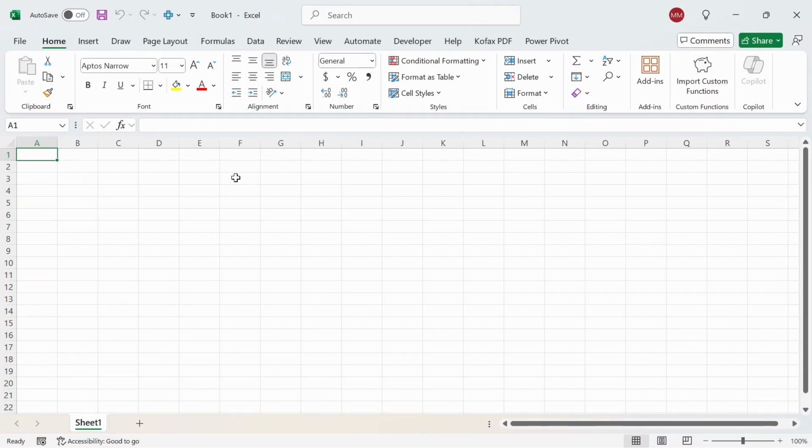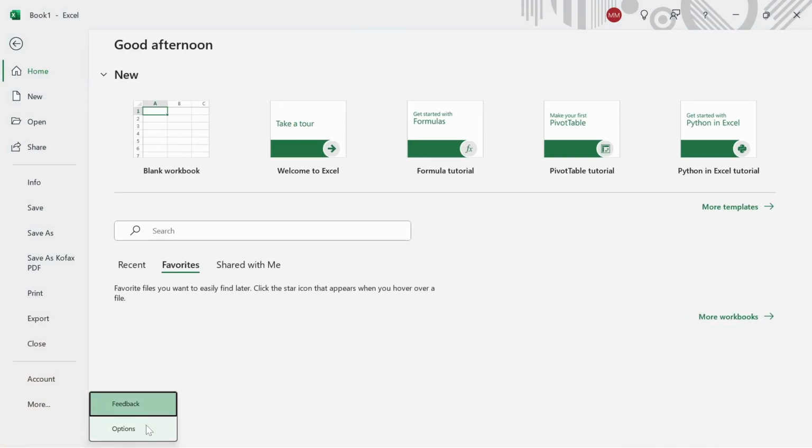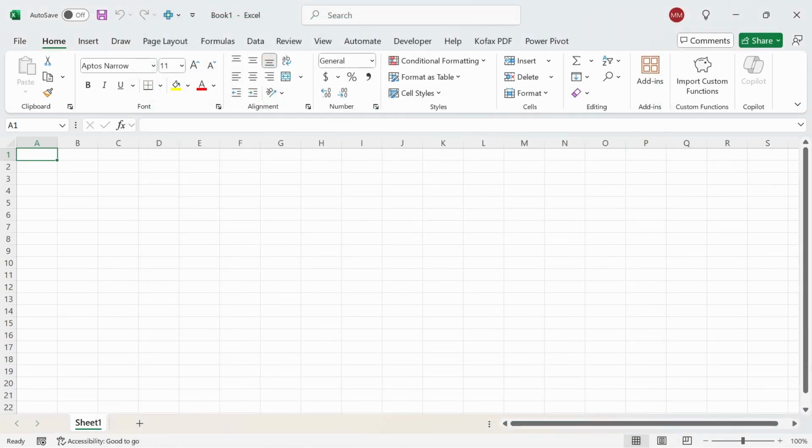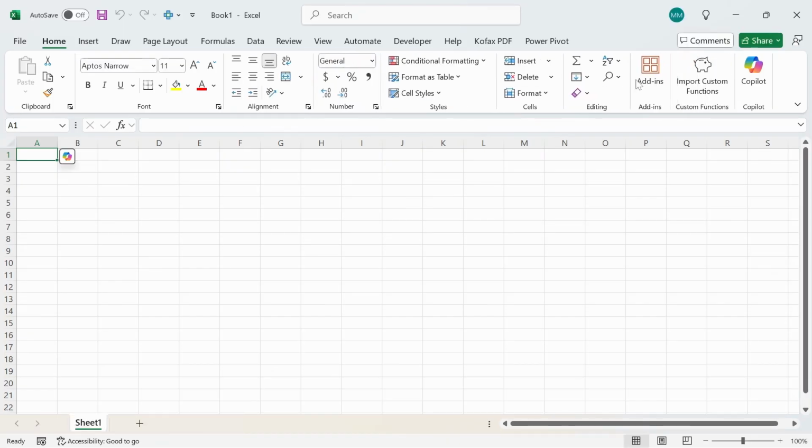If you want to enable Copilot again, then go to File, go to More, then Options, Copilot, and we can just check mark this box. After we check mark it, click OK, and just close the original Excel file that we disabled Copilot on. And then we're going to open up a new Excel file, click any workbook, and you'll see that Copilot is